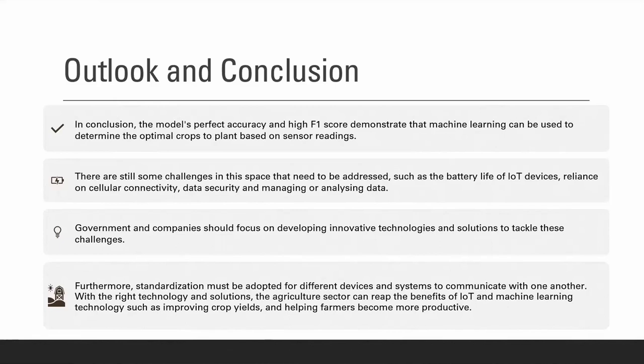As a solution, government should focus on developing innovative technologies and solutions to tackle these challenges. Furthermore, standardization must be adopted for various devices and systems to communicate with one another. With the right technology, the benefits of IoT, such as improving crop yields, can help farmers become more productive and